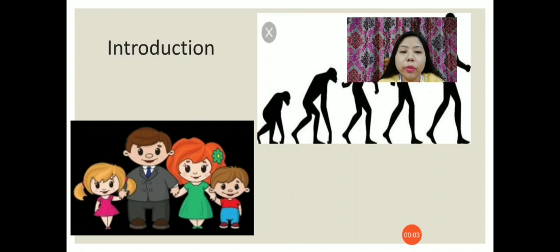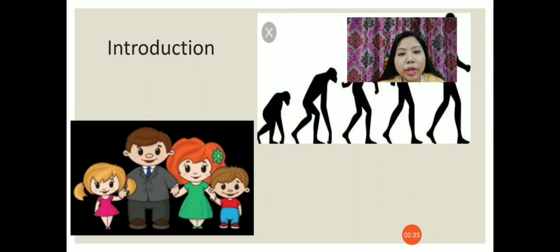Now, when you think about heredity, what is the first thing which comes to your mind? You might have said things like you have inherited your eye color from your father, you have inherited your hair color from your mother. And also you might have heard people telling you that you look similar to your mother or you look similar to your father. So why do you look similar to your parents? This is what we are going to discuss in this chapter.